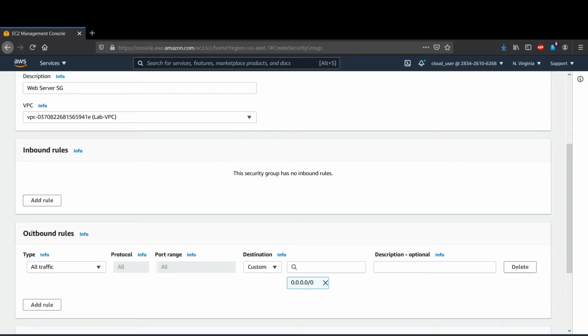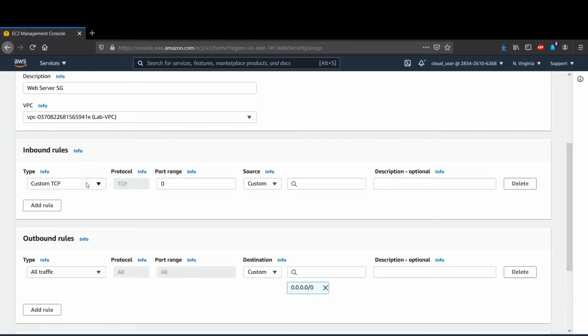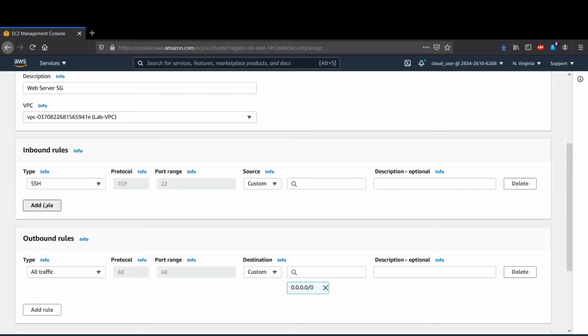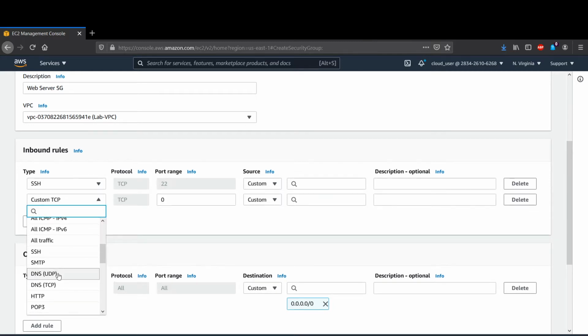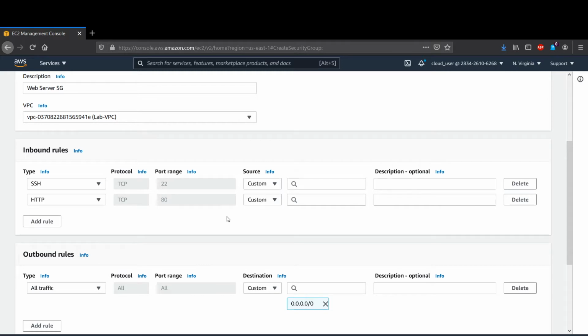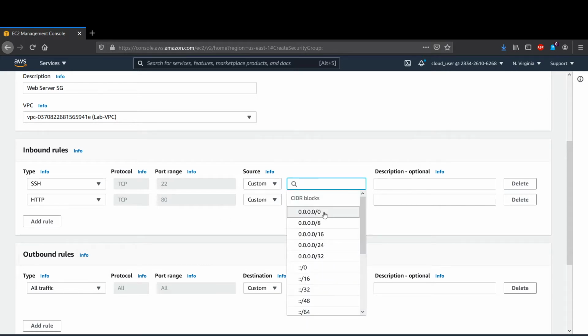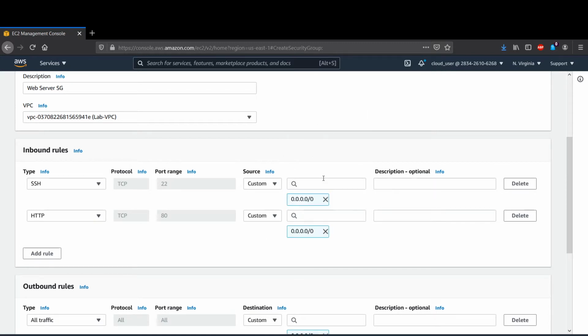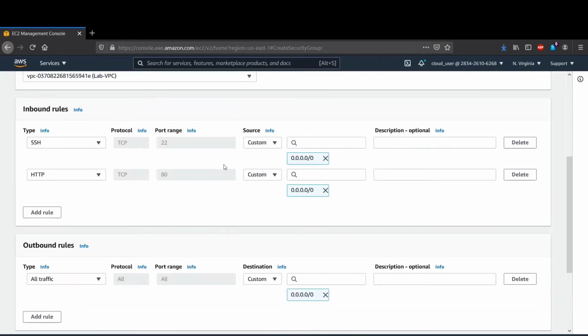And also now let's set up our rules. All right, so we want to have SSH available, and we want to make sure we have HTTP. We want to make sure that we have our source. I'm not exposing my public IP address to the world, I'm just putting in allow anywhere, allowing everybody to be able to SSH into the instances